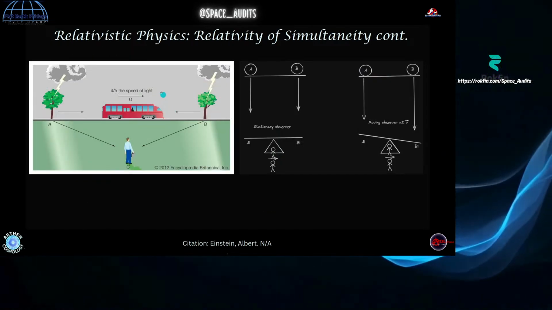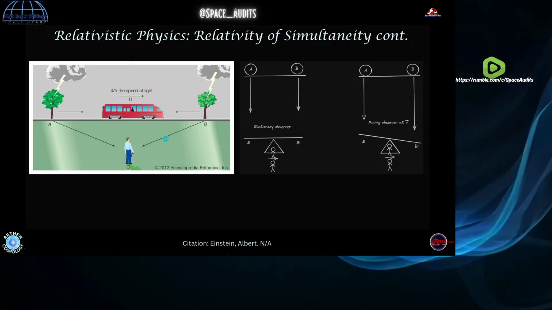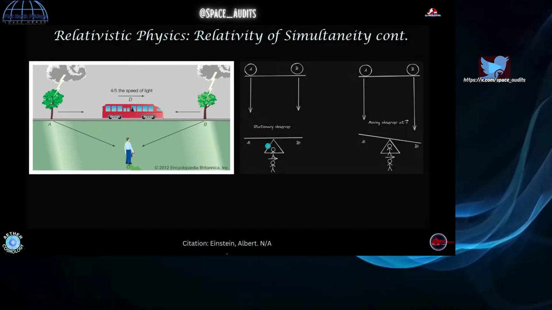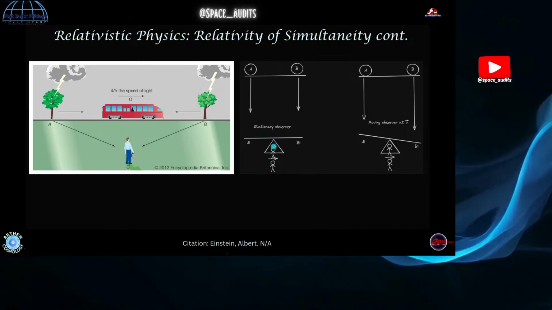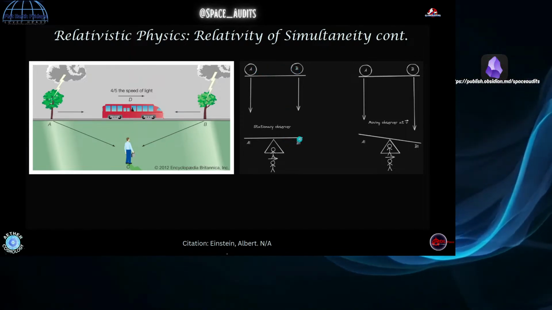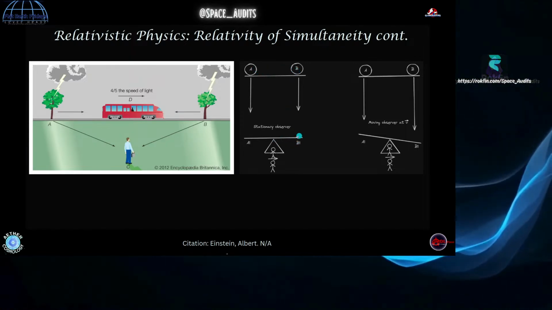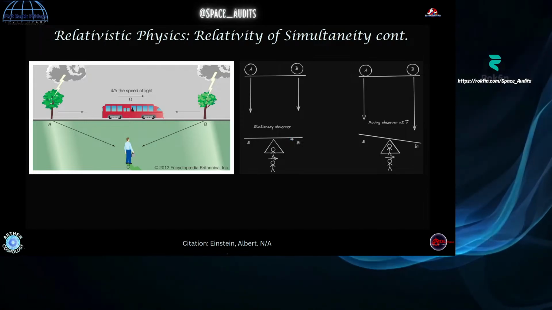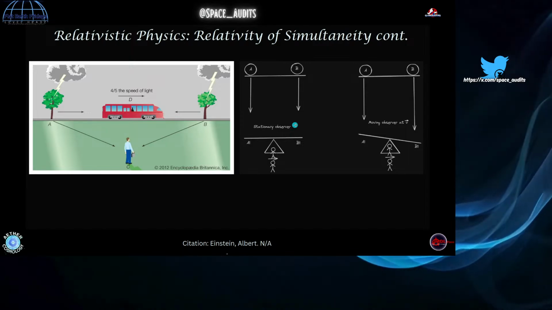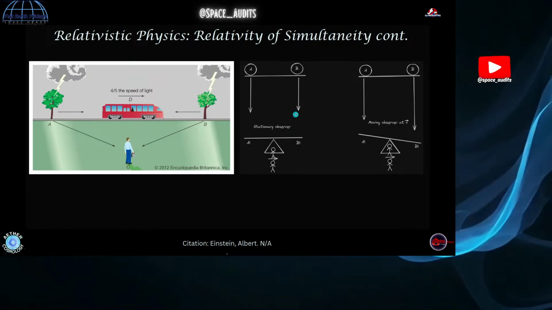That's not the meaningful conclusion to the interpretation. So in the example given to the side here, instead of having a train and lightning strikes, suppose you have a balance beam and we have balls that are going to fall. If the balls hit the balance beam at the same time, the balance beam won't deviate and the balls will just bounce up and down a couple times and then they'll remain stationary on the balance beam. Let's idealize, hypothetical, right?